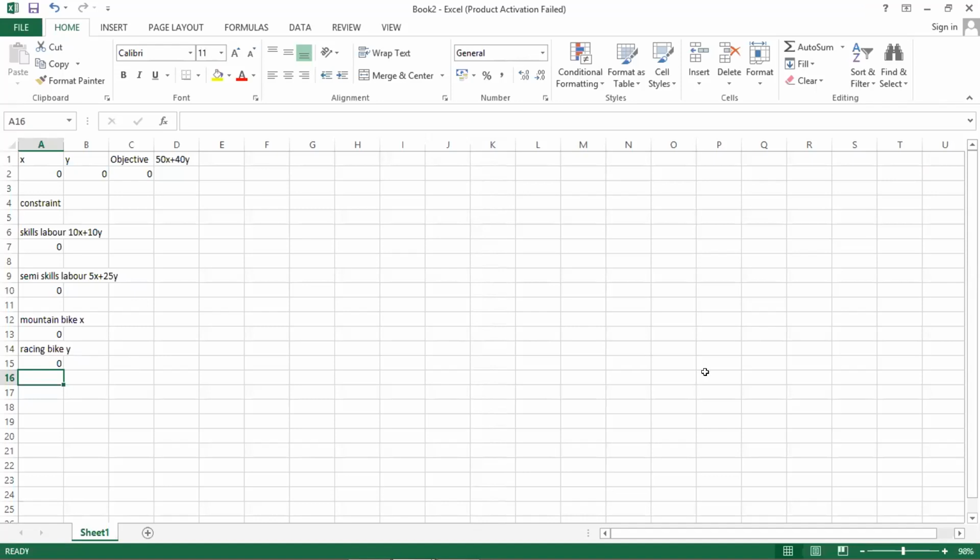So please double click on the objective formula cell. Right, just stay there. So 50x plus 40y, correct? Press enter.